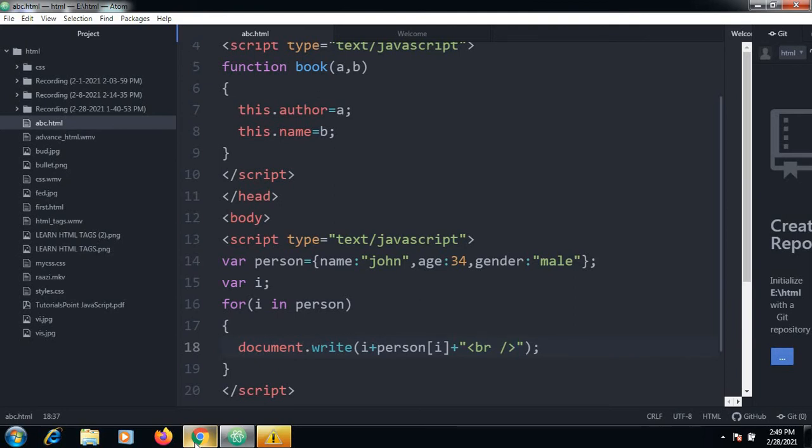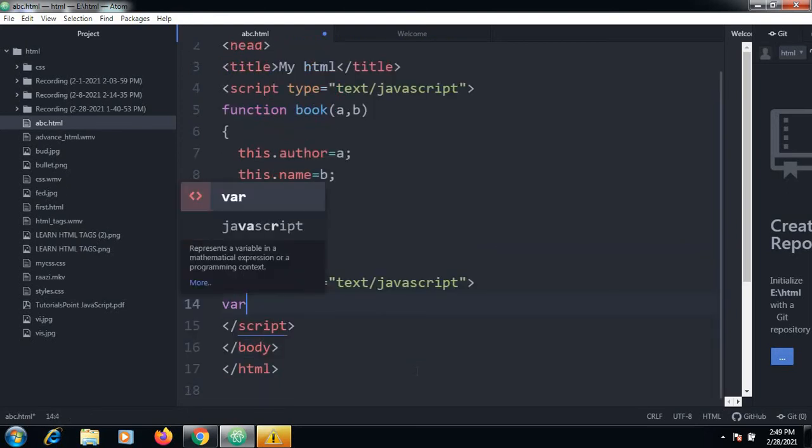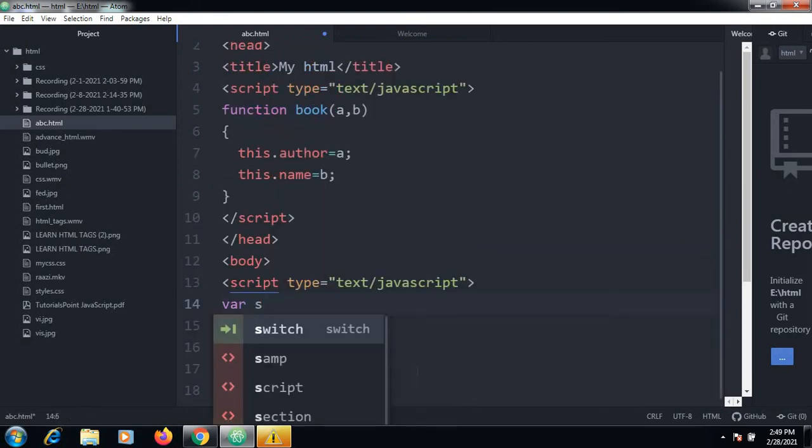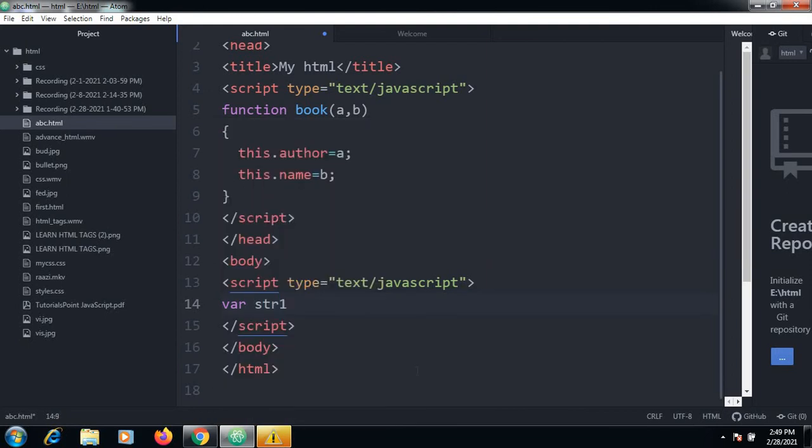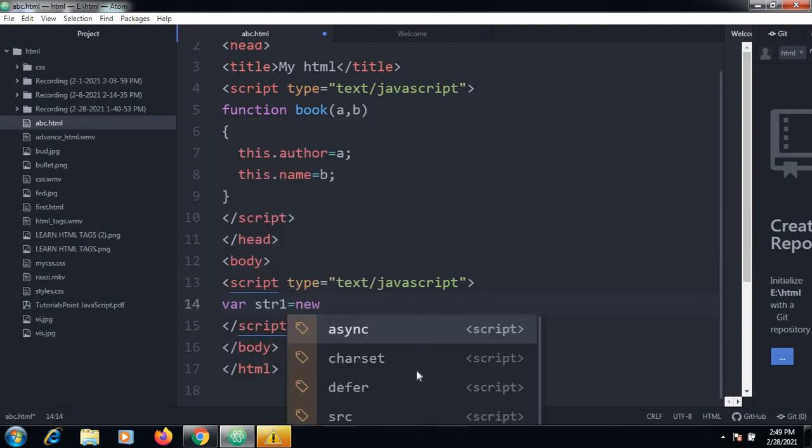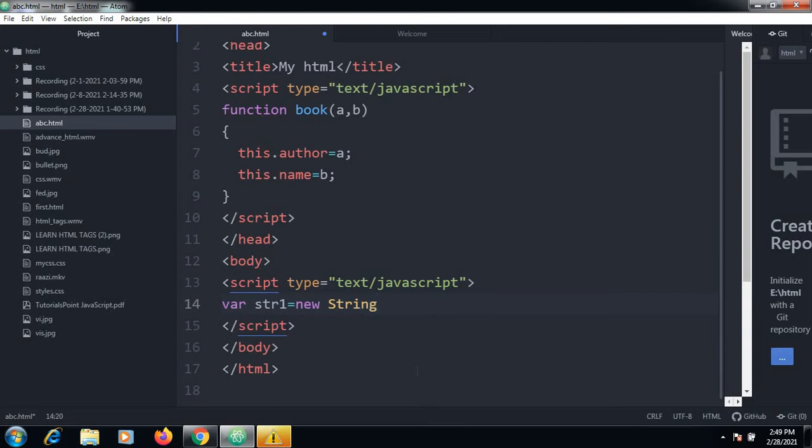So how to define a string in JavaScript? I will just cancel all these things. So var str1, I will say str1 is equal to new String, my string1.